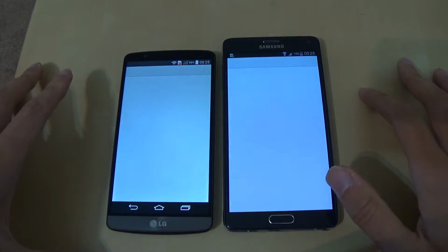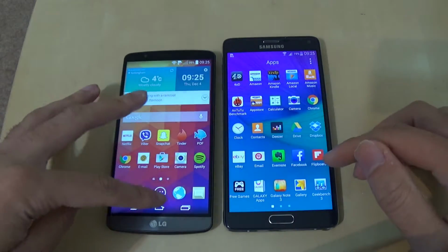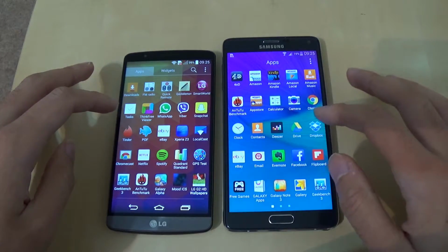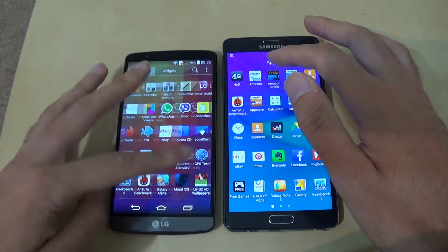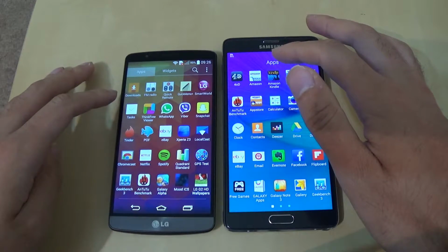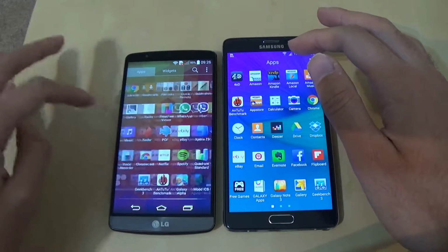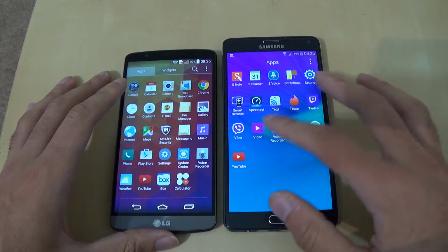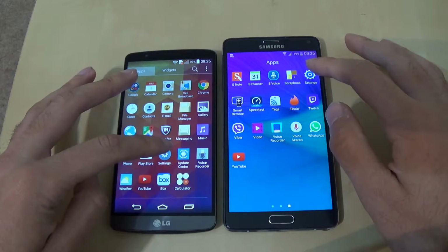eBay, LG G3, well done. Amazon, where's my Amazon at? No Amazon. I can't find Amazon, don't think I'll put it on. What else? Settings,